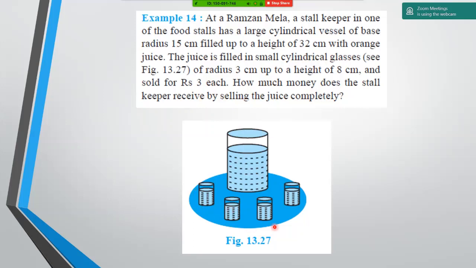That means what is the first thing that we should start looking out for? What we have to find? Ma'am, the number of glasses sold. Yes, the number of glasses. Don't start with the volume at the moment. So the number of glasses is nothing but the volume of the orange juice in the big one divided by the volume in one glass, right? Fine, give me the answer. And that multiplied by 3 will give you the cost. So do it completely at one go.